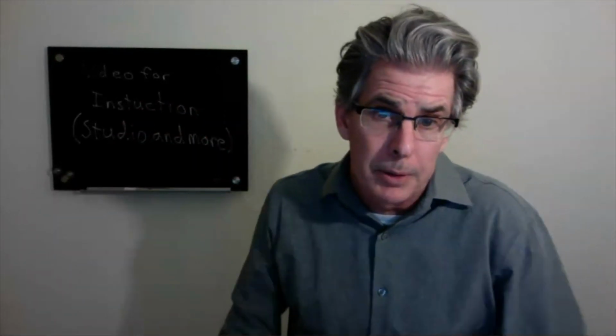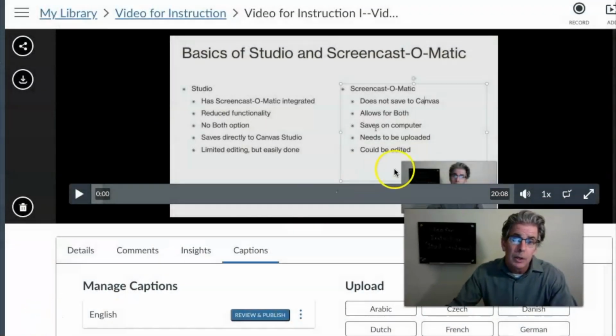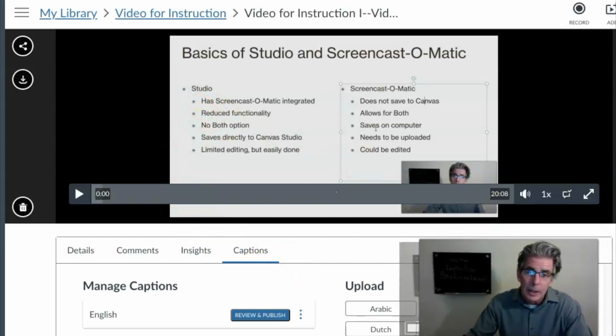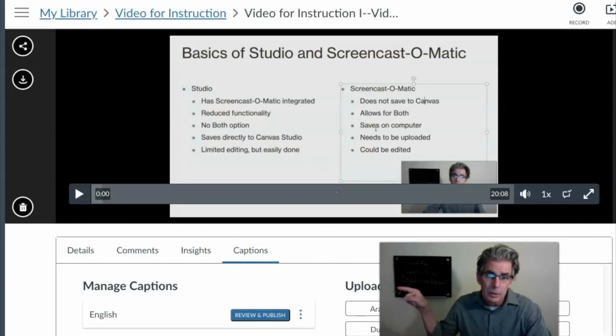This room, by the way, isn't so good. This has a bit of an echo, but I don't have noise in the background. So it's okay. It's not great. I do have a microphone, but try to limit the ambient noise. Listen for an echo if there is one, and there is one in here. Try to get a microphone and try to ensure that there aren't interruptions, okay? But let me shrink myself down and walk you through the last things. Like the quiz function, let's go back to, and again, let me take you to this right here, the review and publish. If you click on that,